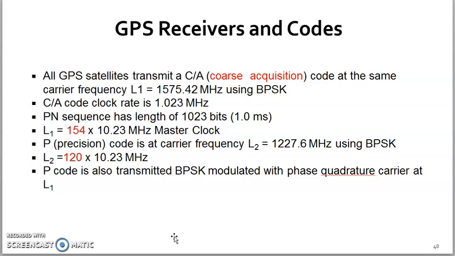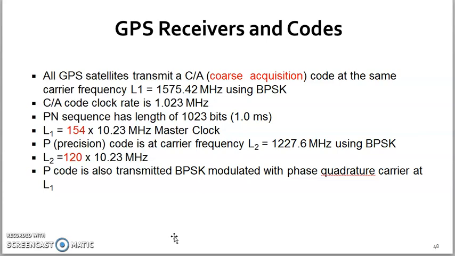Generally, every GPS satellite is transmitting a signal that is the C/A code, and its carrier frequency is L1 equal to 1575.42 MHz, which uses BPSK. Then the C/A code clock rate is 1.023 MHz, and the PN sequence has a length of 1023 bits.